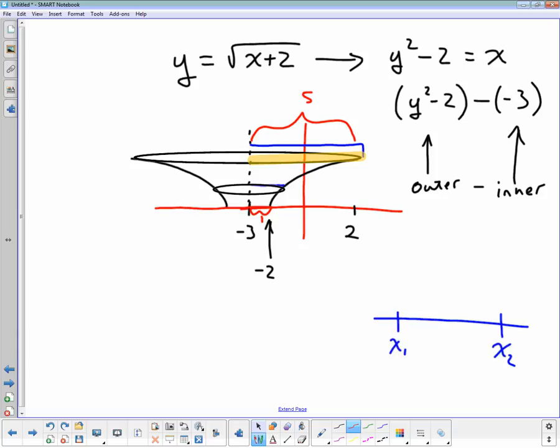So if I plug in, now the height at 2 is there. So at 2, the height is 2, right? So that would be 2 squared, which is 4, minus 2, which is 2, plus 3, which is 5. So this one actually works. Okay. So when we set up our integral,